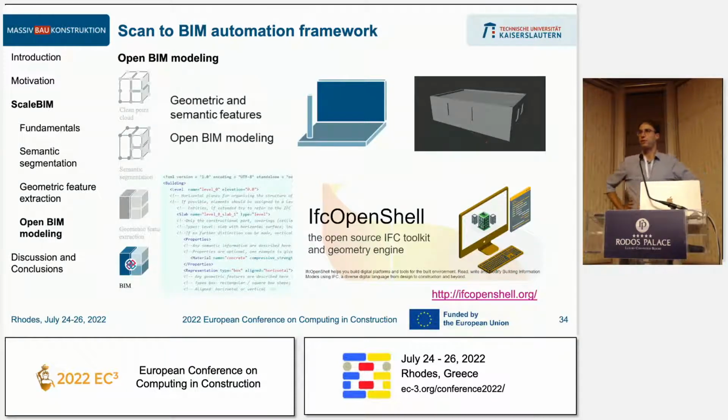Then if you have achieved all the geometric feature extraction and segmentation steps, it's down to putting all the information together into an open BIM model. Essentially, to do this, we have had good experience with IfcOpenShell, which is a pretty powerful toolkit. Some of you will be familiar with it, I'm sure, for dealing with BIM or with IFC data. Actually, it's also closely interacting with Open Cascade Technology, so for more advanced geometric modeling and more complex tasks, you have that in the backend.